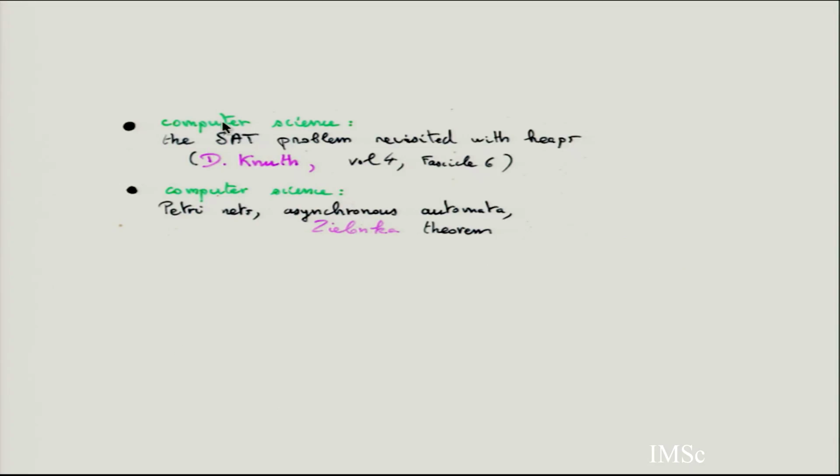And if you like computer science, there is something new in volume 4, fascicle 6 by Donald Knuth. There is the satisfiability problem. The whole fascicle is devoted to this SAT problem. You have a logic expression, and you want to know if there is some way of putting the variables true or false so that the whole expression can be true. There are many algorithms. One of these algorithms is based on a lemma, and the lemma needs an inversion lemma, n divided by d.